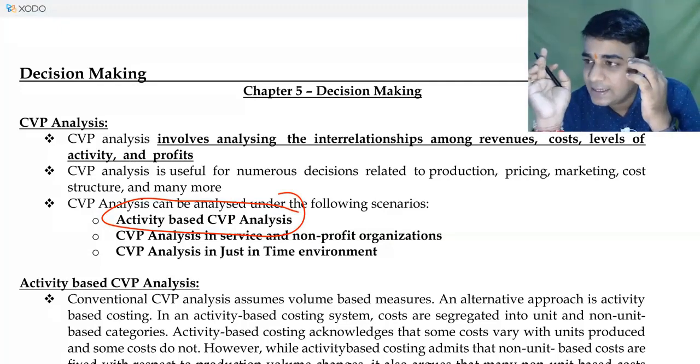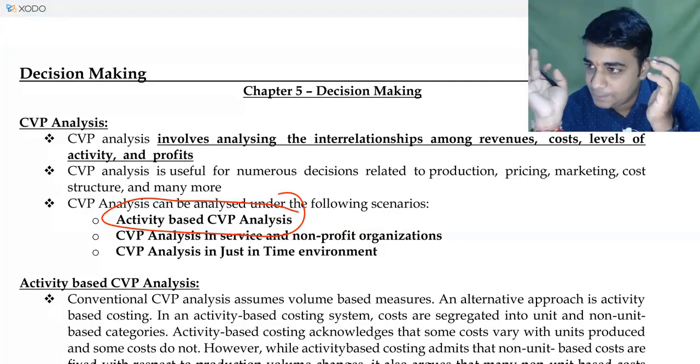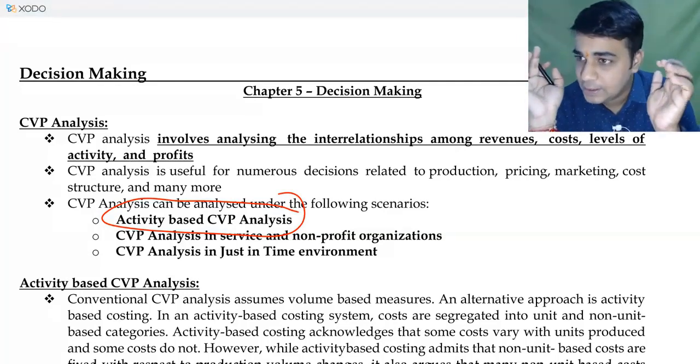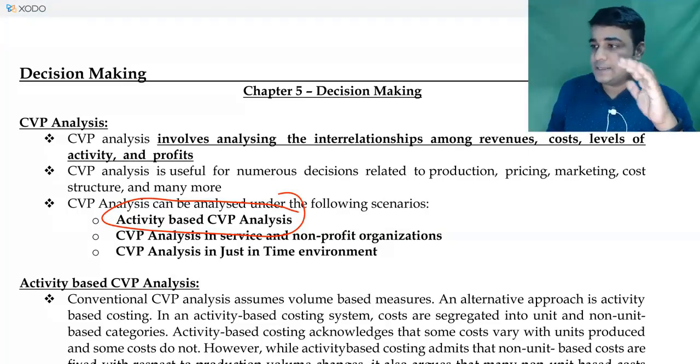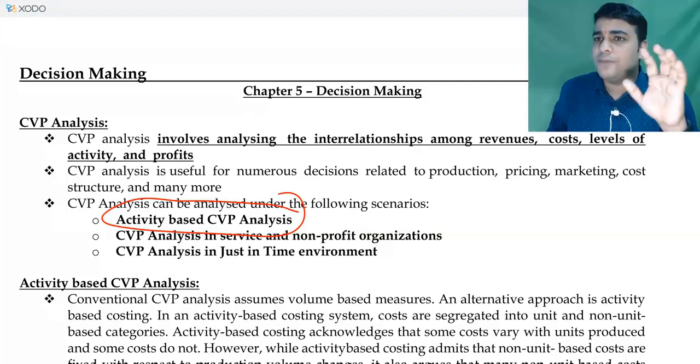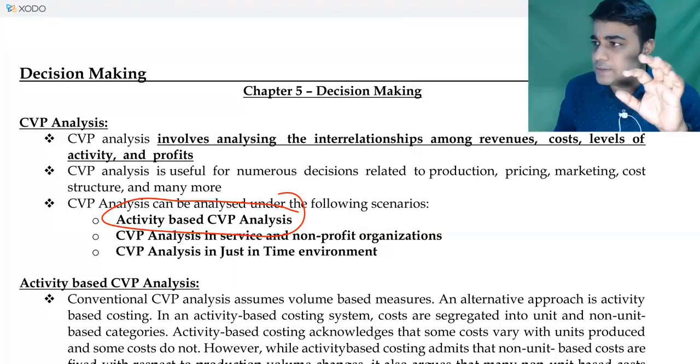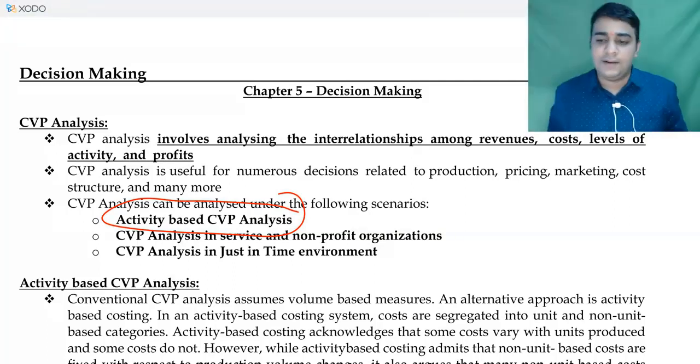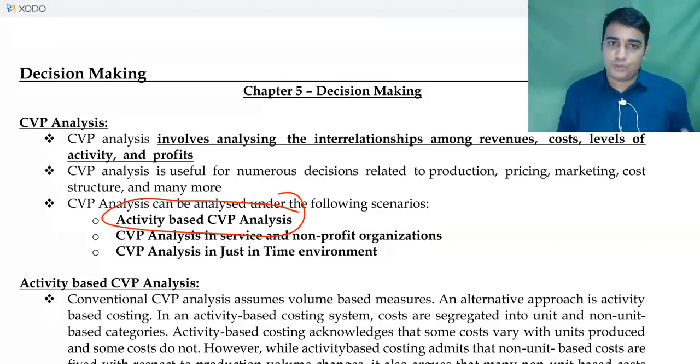Chapter 9, I think, strategic analysis of operating income, is a separate chapter. There you learn activity based costing, which you learn at inter level. There I will be discussing it a little bit in detail. Most of you should have gone through activity based costing at inter level. If you weren't through the CA inter new syllabus, if at all, rarely some of you were in the IPCC route, maybe that time you couldn't have seen this, but ABC is something I'll discuss later in chapter 9 or 10, whatever the chapter number, I think chapter 9 now.